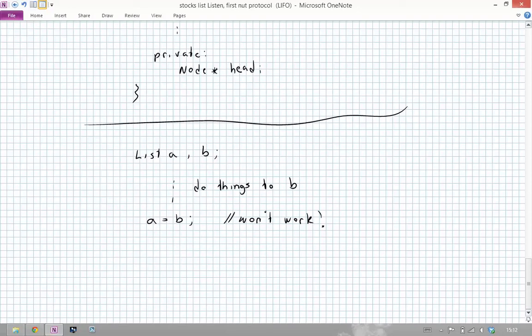This won't work. So you try to assign B to A. The intention of the programmer here is to take a copy of B and put it into A. What you'll get instead